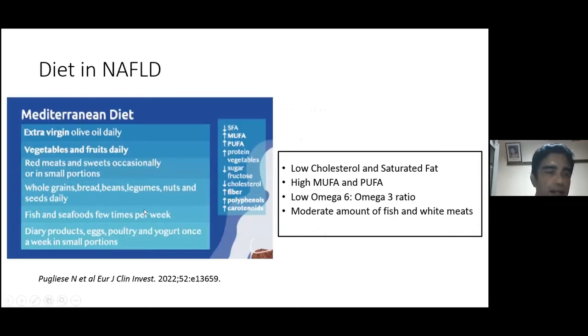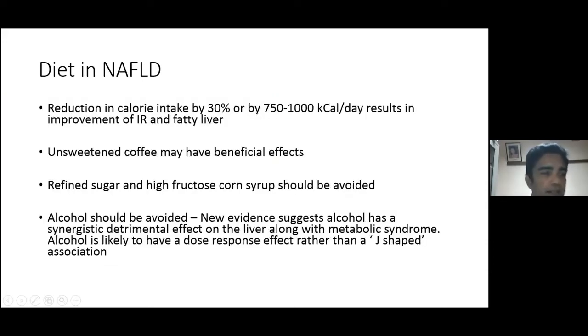Mediterranean diet has the highest evidence in non-alcoholic fatty liver disease. It's a low cholesterol and low saturated fat diet, high in monounsaturated and polyunsaturated fatty acids, with a higher content of omega-3 fatty acids and a low omega-6 to omega-3 ratio, and a moderate amount of fish and white meats. So reduction of calorie intake